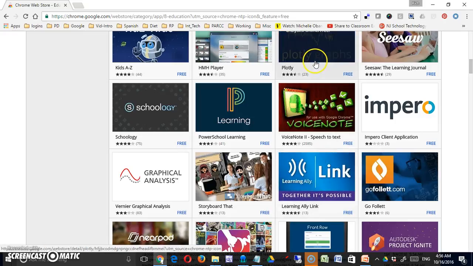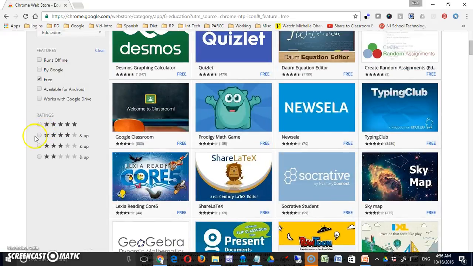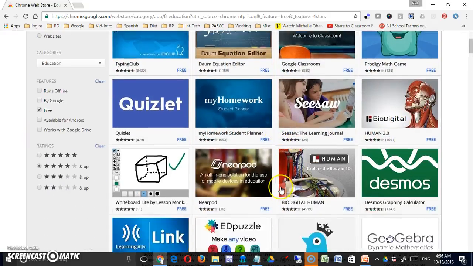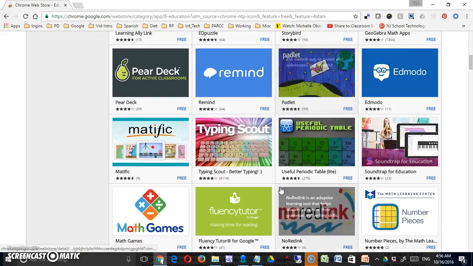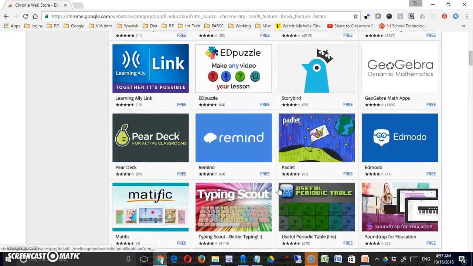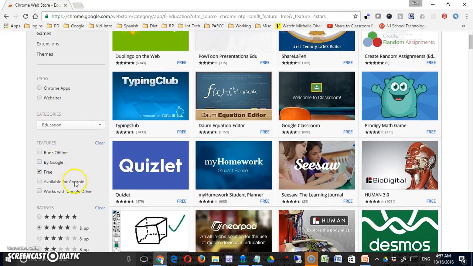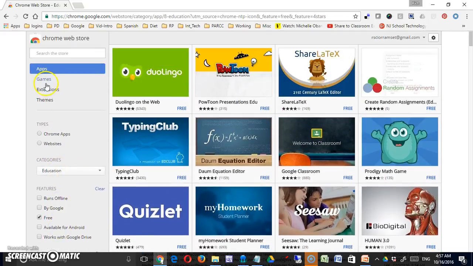So here's one, Plotty Graphs, that's only 3.5 stars. If I say 4 and up, we're not going to find that anymore. We're only going to find 4-star and up apps. Now once you have your settings within your filters, and by filters I mean categories, features, ratings, etc., you